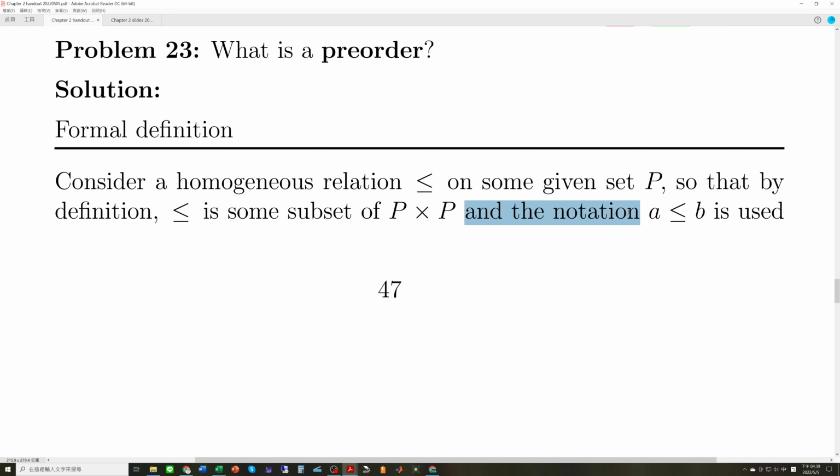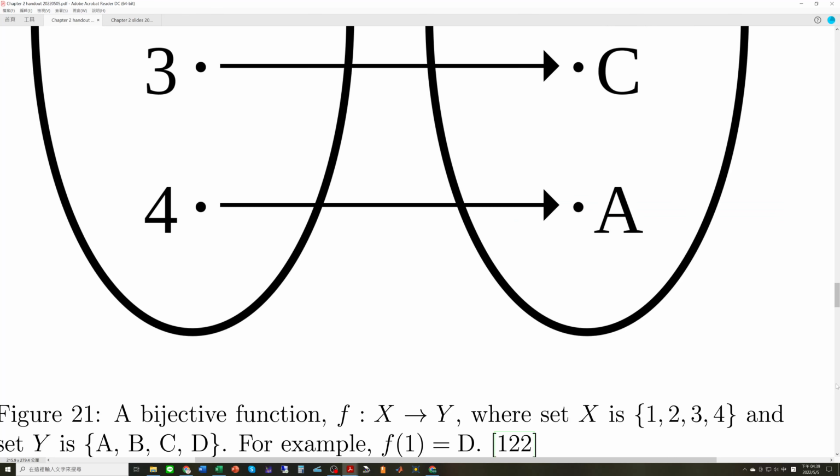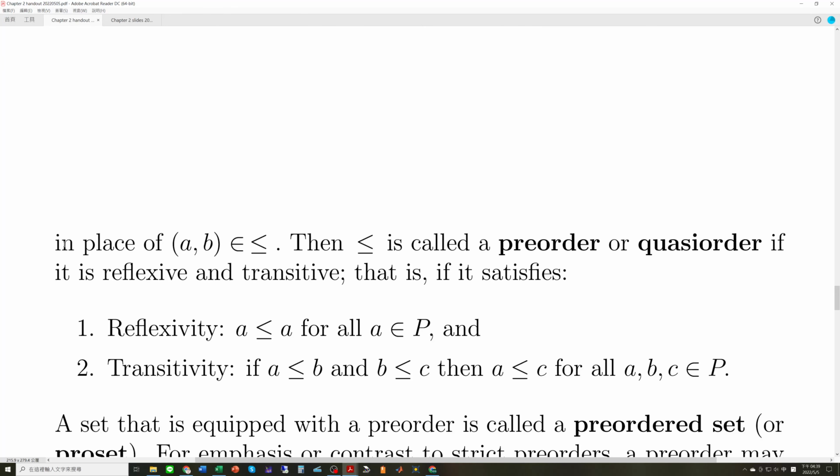The notation A is smaller than or equal to B is used in place of the pair A and B being in the set. Then smaller than or equal to is called a preorder or quasi-order if it is reflexive and transitive, that is, if it satisfies: